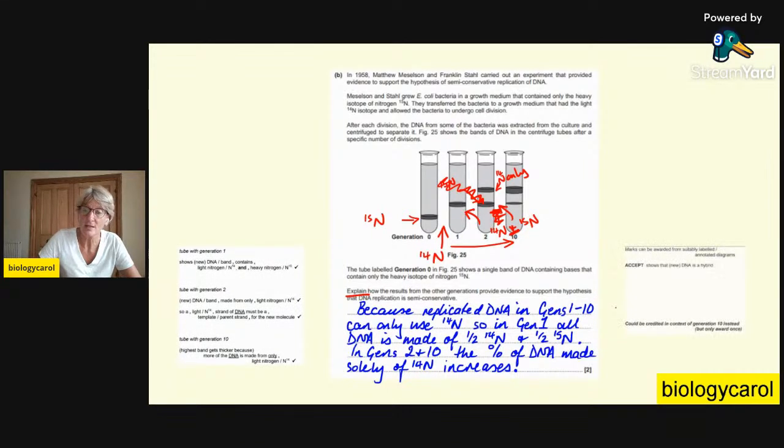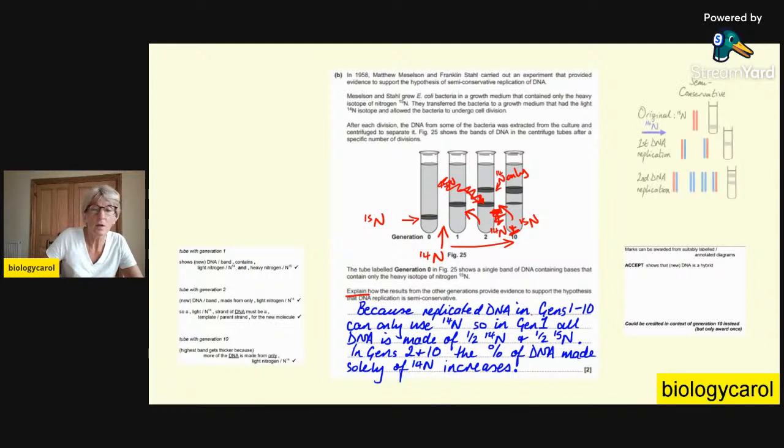And here is the mark scheme, and I only got 1 mark. Let me just put that in. I only got 1 mark. And I'm hoping that this diagram makes sense. And I've made the 15N red and the 14N blue. Hopefully, if only 14N is allowed here,